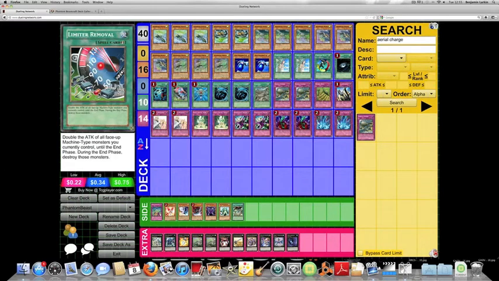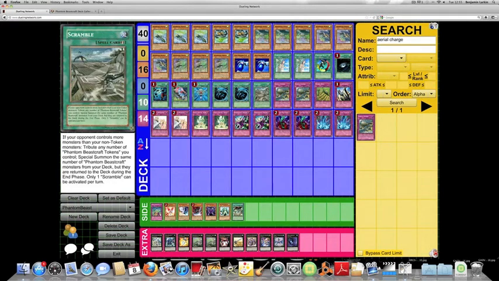Limiter Removal, of course, is the obvious choice. Scramble is pretty good: if your opponent controls more monsters than your non-token monsters, tribute any number of Phantom Beastcraft tokens you control and special summon the same number of Phantom Beastcraft monsters from your deck, but they are returned to the deck during the end phase. Only 1 Scramble can be activated per turn. So, if you wanted to swarm the field, this is a good way to do it, but